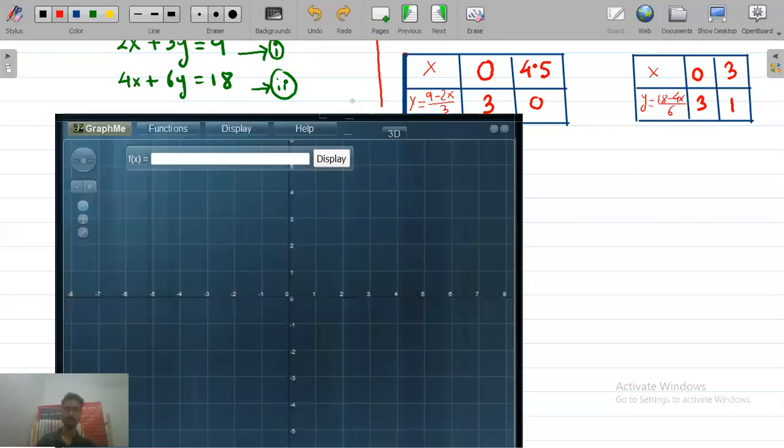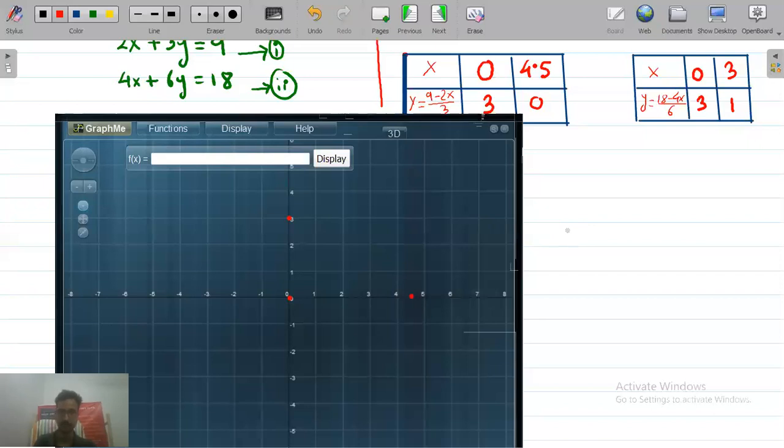Now see, now I am going to plot the value of x and y on the graph paper. Okay, now see, the first point is your 0, 3. 0, 3 means when x will be 0, then your y is 3. Yes or no? So this is the point 0, 3. Next point is when x is 4.5, then y will be 0. Now 4.5 means what? Suppose this is 4, this is 5. So the middle will be 4.5, somewhere between here. Yes or no? It will be 4.5.